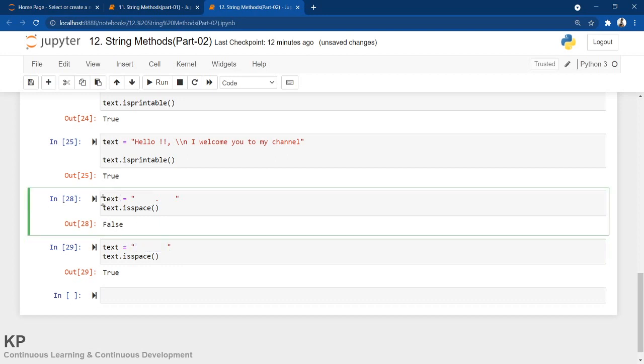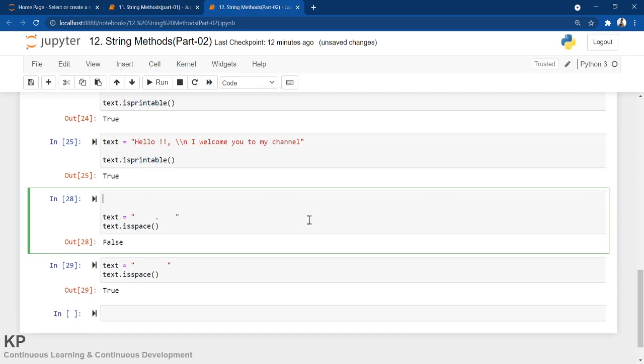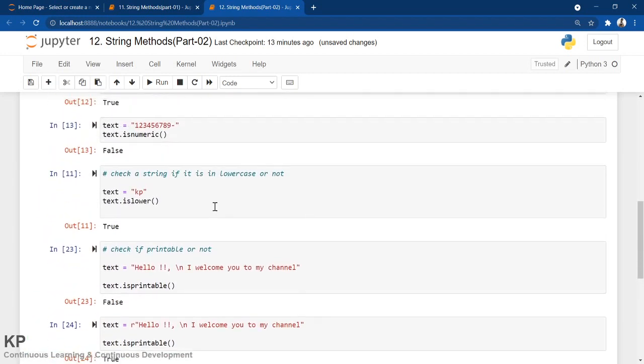So let me write here, and let me copy from here.